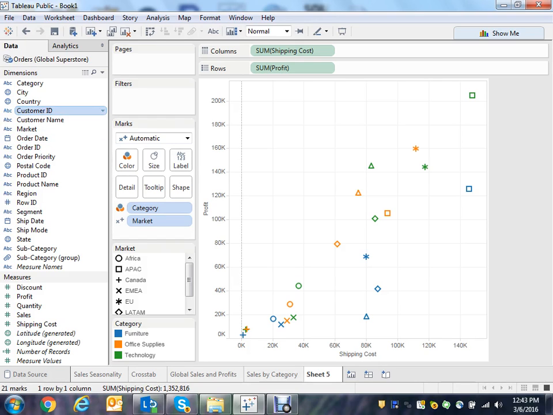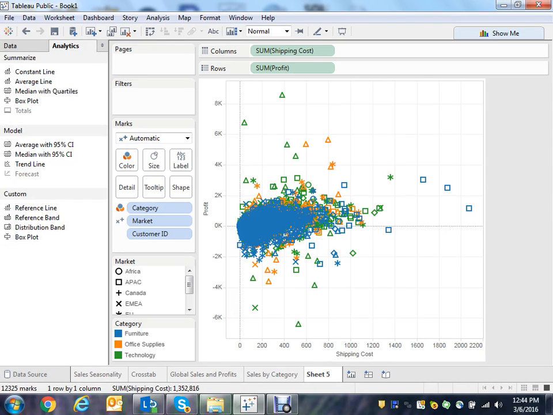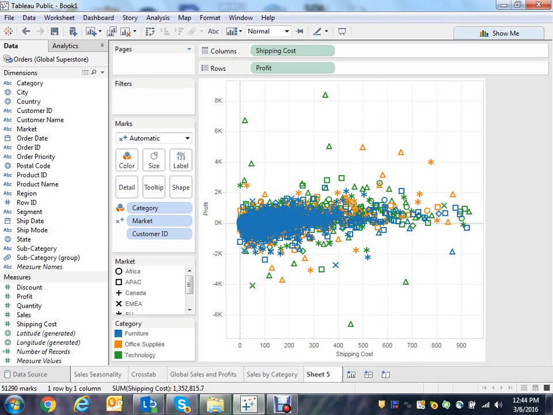Now you have to hold it. So now this is showing me that at each individual customer level, which are making profit, which are making loss, and then I can disaggregate it. Right. So this is showing me the customer breakdown, how the customers are doing. And if I want to put the sales on label,